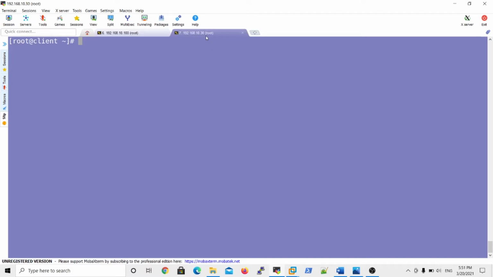I have another machine for testing, a client machine, with the client IP address 10.30. If I check the hostname of this machine, it is the client machine. I will configure everything on the server side, 10.100, and I will check the resources from the 10.30 machine.